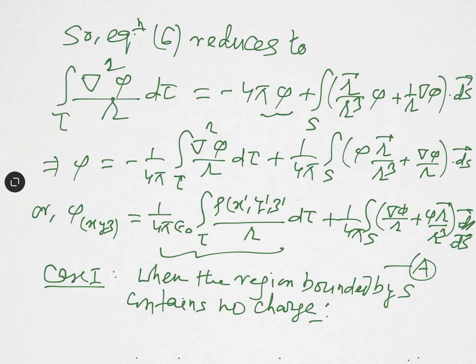If no charge is contained by the surface S, in that condition this rho will be 0. In this condition rho will be equal to 0. And so this equation A will reduce to what? First term will vanish, only we are left with the second term. So in this condition you can see,